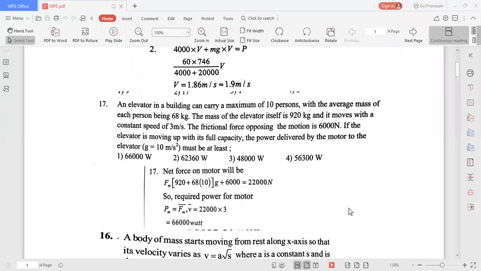That's why the weight of the persons, the weight of the lift, and the frictional force all act in the downward direction. Therefore, the net force, that is the power P, is equal to the sum of all these forces, because the elevator has to apply the same amount of force by means of the rope. On the elevator, the rope must apply a force equivalent to the sum of these. Then the net force becomes zero, so that the lift goes upwards with constant velocity.